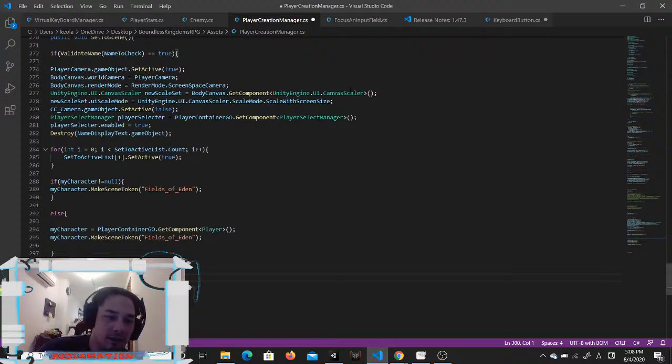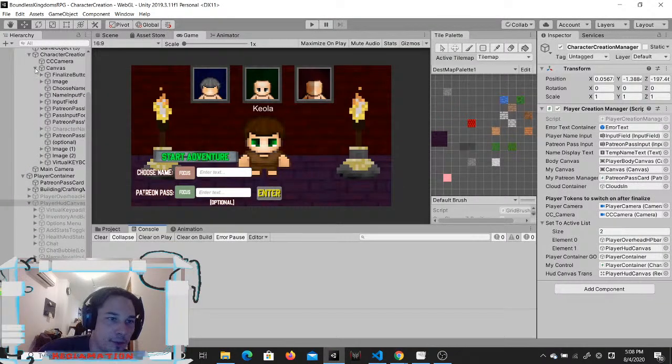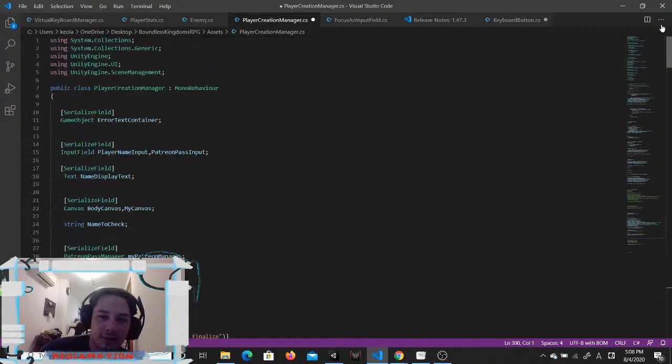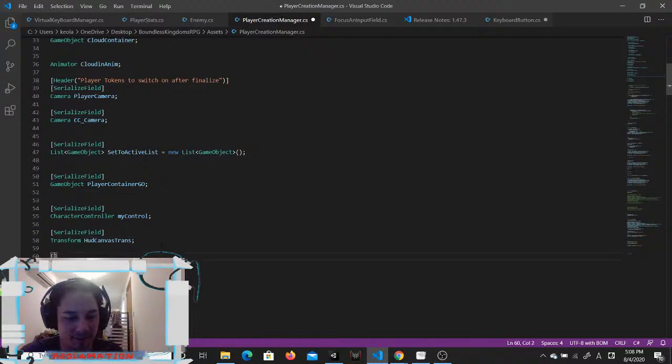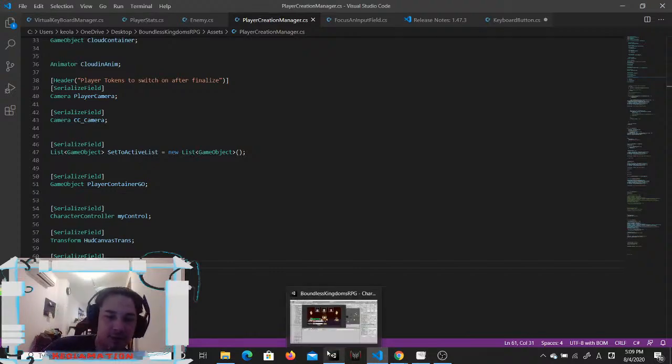So let's say I'm going to make one more reference, and that's going to be for my virtual keyboard. I end up making so many references for this shit. Alright, I'm just going to reference the game object itself because I'm lazy. I know there's better ways to do it, but I'm just going to do it the fastest way because that's just easy for me. Game object, and this is going to be virtual keyboard ref kit. Because I want to be able to keep it popped up, but what I'm going to go ahead and do, because I forgot I got to do this,